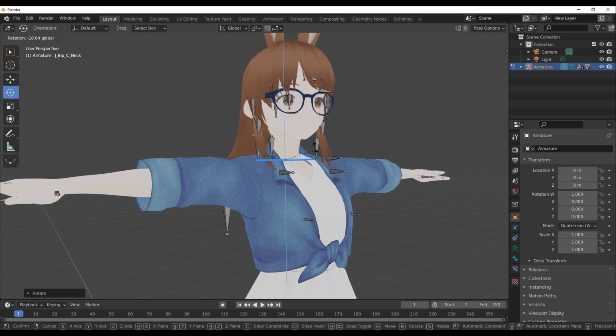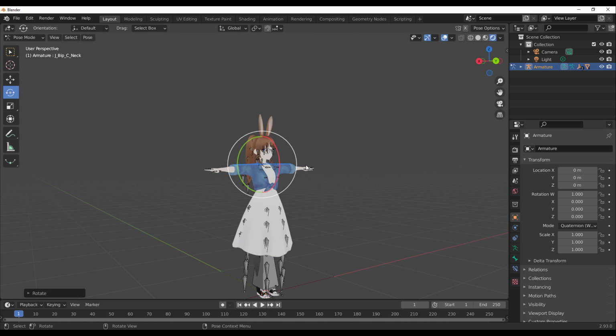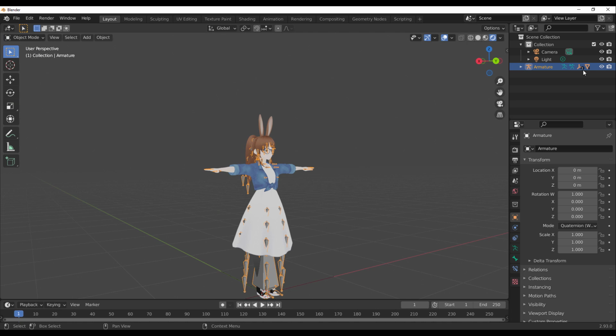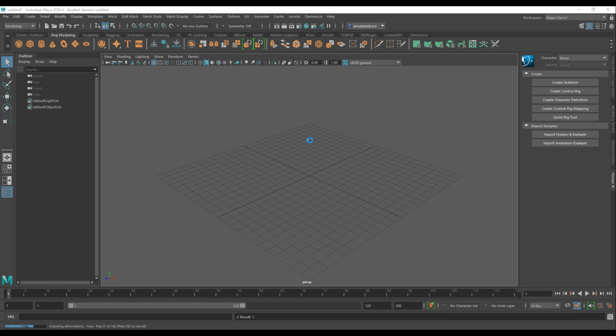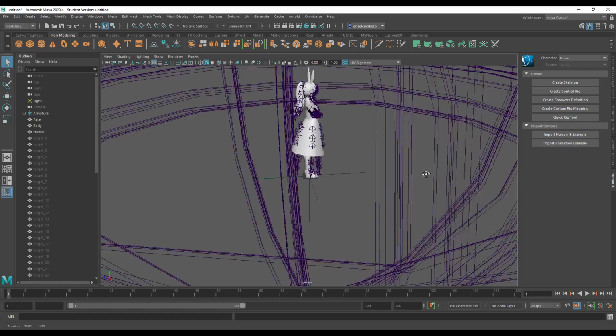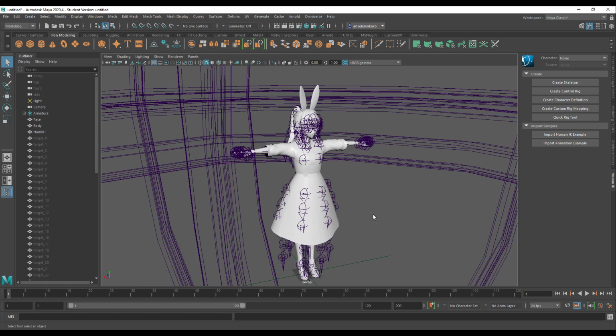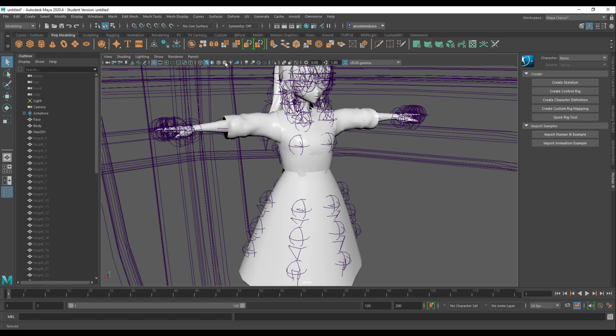By default, Maya natively does not accept GLB files or GLTF files. So what we need to do is export this out as FBX, and then we can import this directly into Maya. Once our file loads in, it will come in with the mesh and also the joints, but there is just one thing that doesn't work with this file at this point when you're working with Maya. If I go ahead and check it out, if we turn on the materials, you'll notice that the materials are not here.